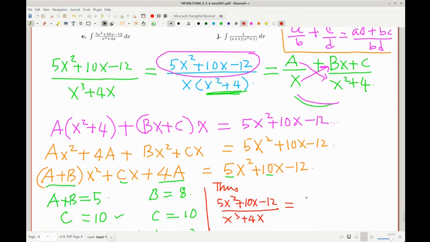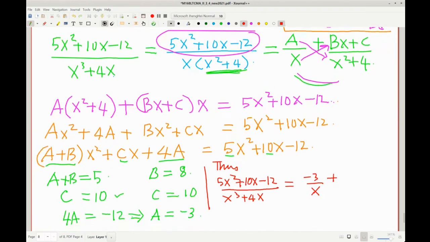It gives me A, we said, was minus 3 over x. B, we said, was 8, so this becomes 8x. C, we said, was 10 over x squared. And you have to be able to do this